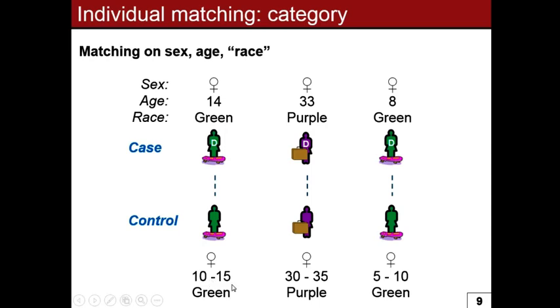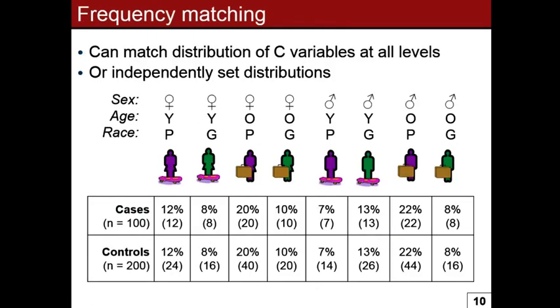So here's maybe a slightly easier way, which is perhaps called caliper matching, some people might call it that, where basically you look at ranges, and you say, well, I'll take any 10 to 15-year-old to serve as a control for a 14-year-old. This is probably what's more commonly done, where you loosen up on some of your criteria. But what also occurs, particularly in the retrospective cohort design,